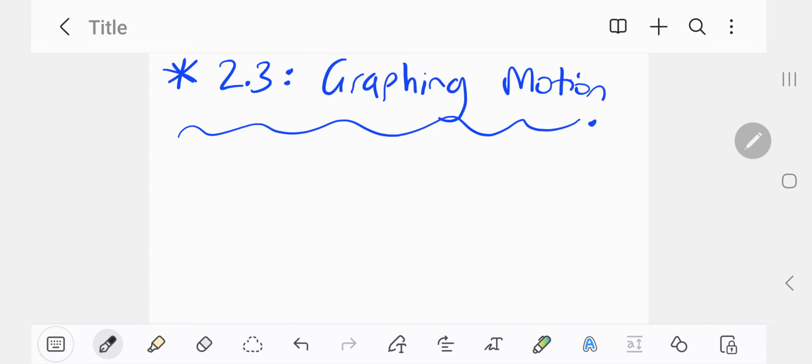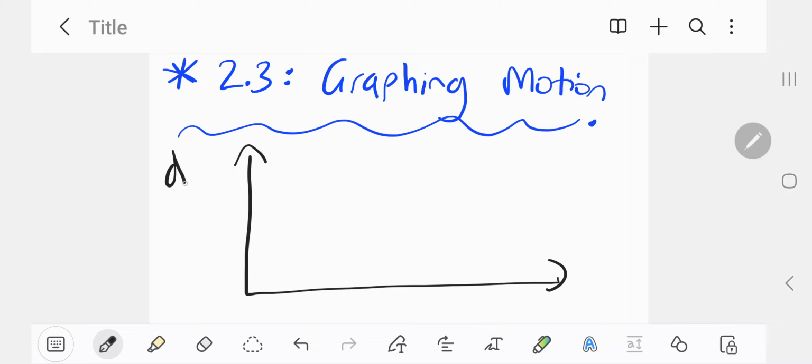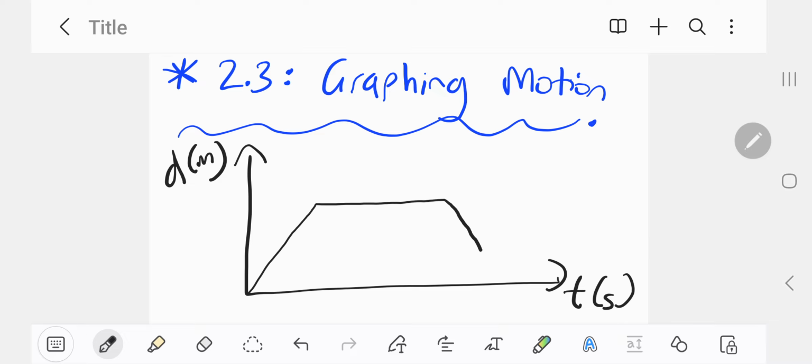I'm going to start with this. I'm going to give you a graph. Let's call this distance D. I don't know, meters, they're the units. Time is typically always at the bottom, right? Let's say seconds. Let's suppose I have a graph like this. 5, 10, 15, 0, 0,